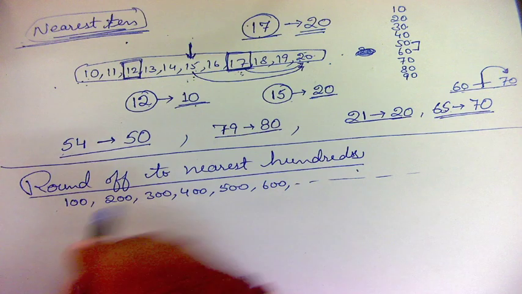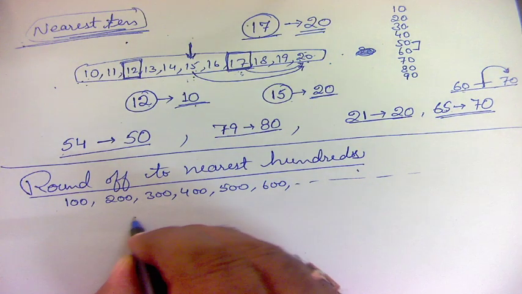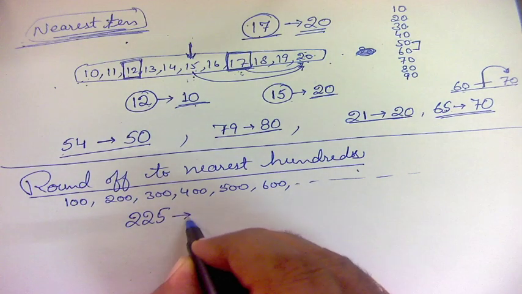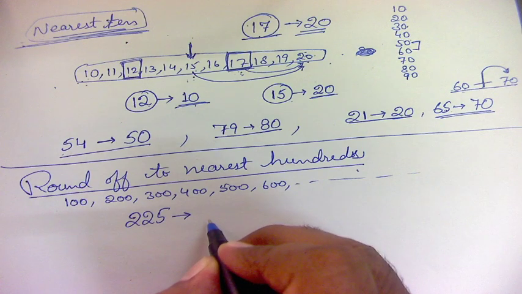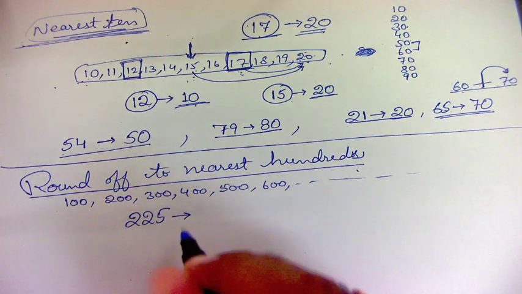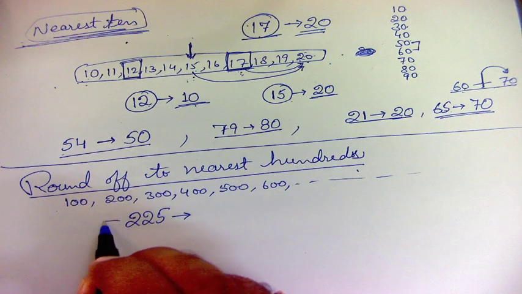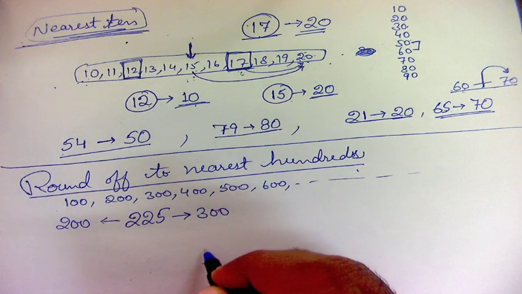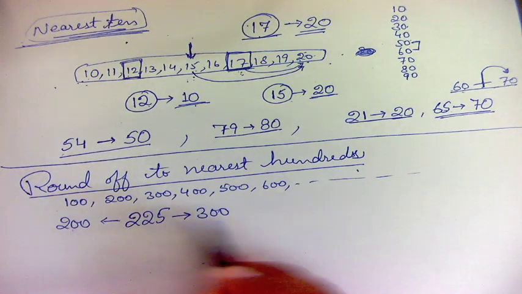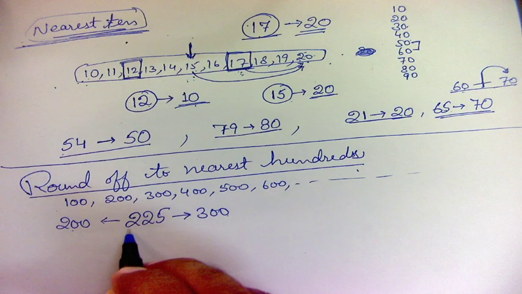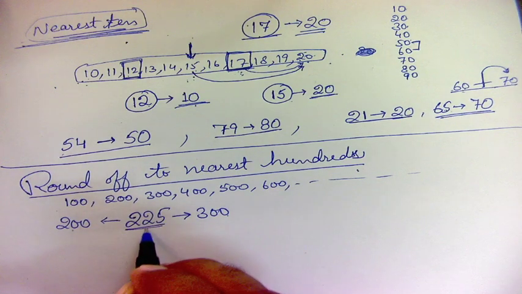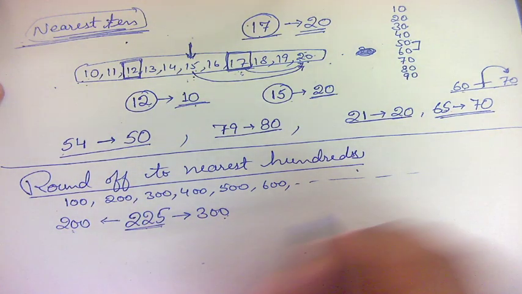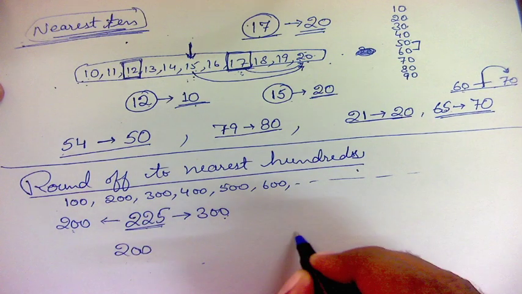Now here, if you are given a value say 225, now to round off it to nearest 100, how we will do it, whether it is now 225, it lies in between 200 and 300. अब 225 किस किस के बीच में आता है, 200 और 300 के बीच में. लेकिन ये जो 225 है ये किसके पास में है, 200 के या 300 के. How will you find it out? Now you just tell me the midpoint of 200 and 300.